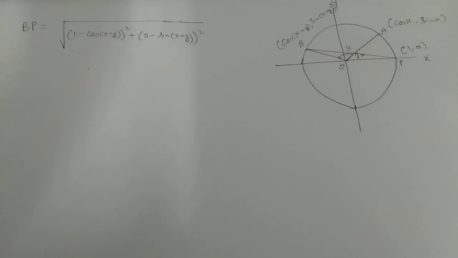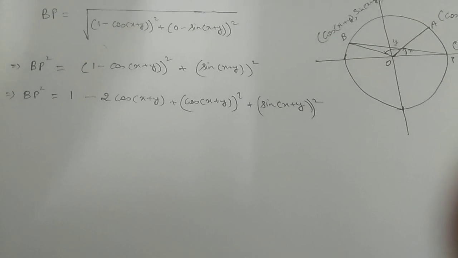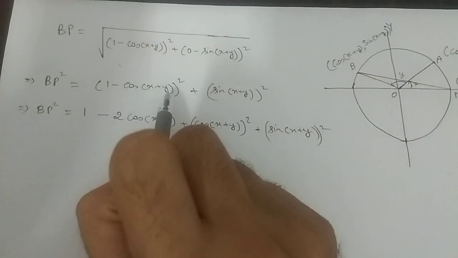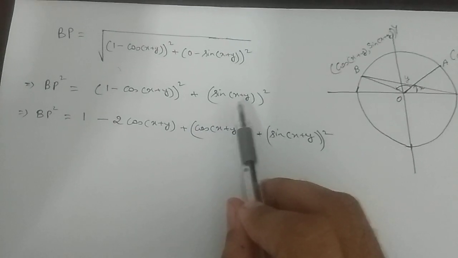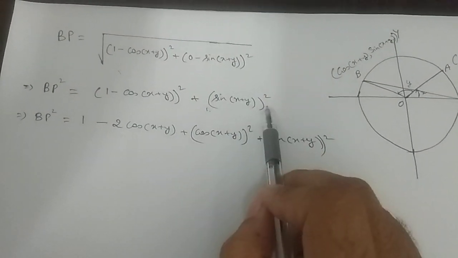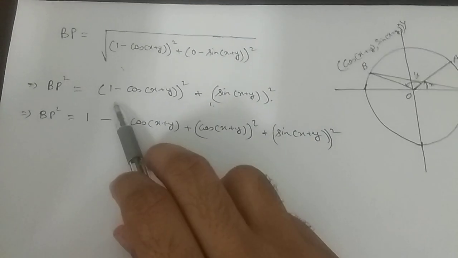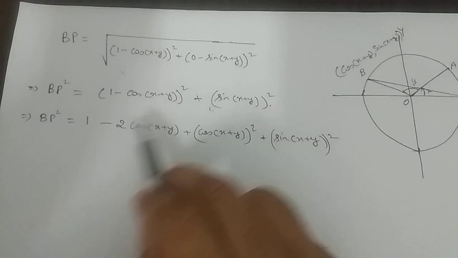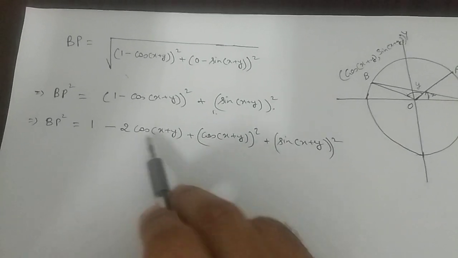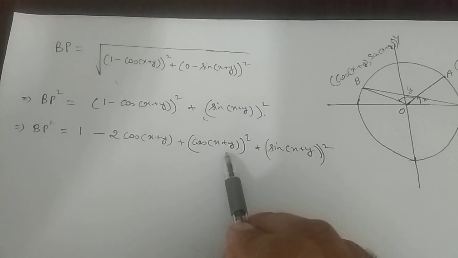After expanding this, we get BP square is equal to (1 minus cos (x plus y)) whole square plus sin (x plus y) whole square, because 0 minus sin (x plus y) will become sin (x plus y), and further